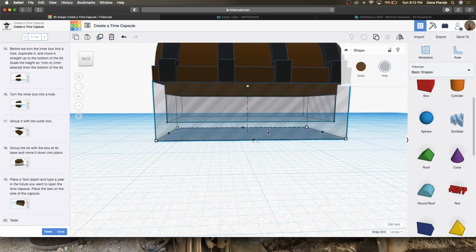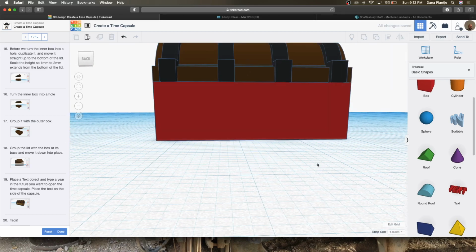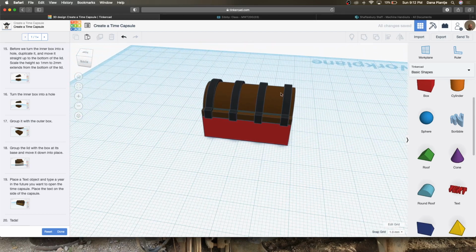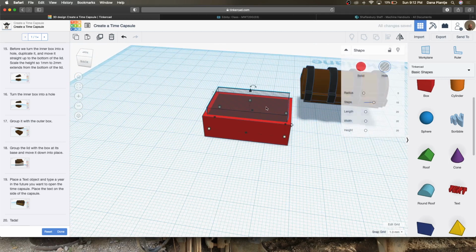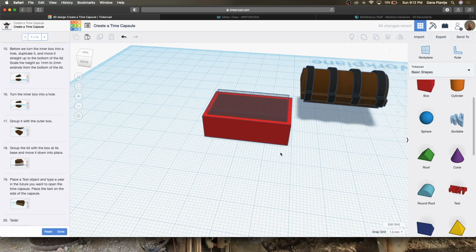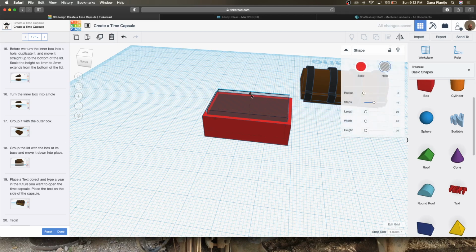Okay. And I can even tweak this further. If I don't like the wall thickness, I can ungroup these objects, move my lid out of the way. I can drop this down, create a smaller wall thickness. So I can make this 1.5. Now it's going to be uniform with my